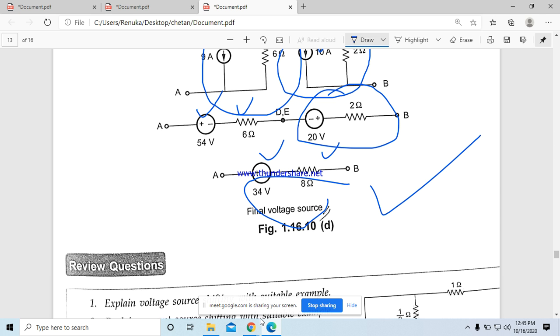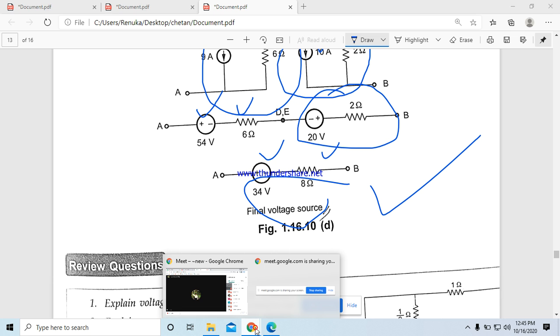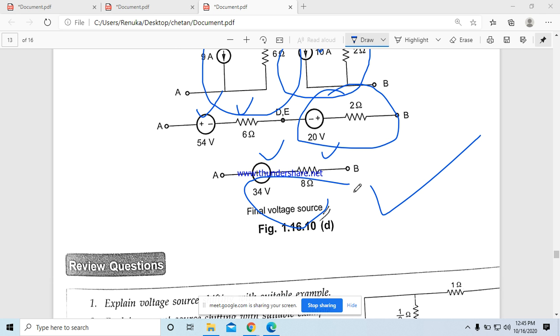I hope, I think this concept is clear for all, right? ಏನಾದರೂ doubt idare? If any one of you are having any doubt, ask me. Or if you want a repetition of this problem once again, I will do that one also. Fine. Okay, tell me, do you have any doubt in this section? Do you need any repetition of this problem once again? Yes?